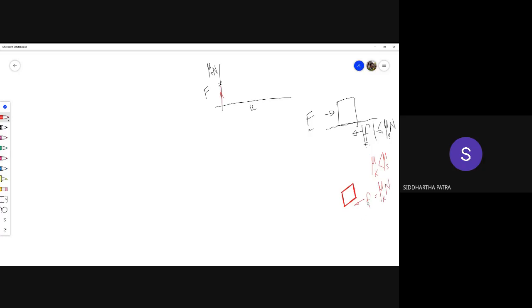and this time it's not self-adjusting. It's not less than or equal to. It's just simply equal to mu k times N, which basically means this capital F, unless the block is accelerated, also equates to mu k times N to maintain a motion with constant velocity. Let's say constant velocity. If there is no significant acceleration, this capital F and small f are the same, and that equals mu k times N, which basically means